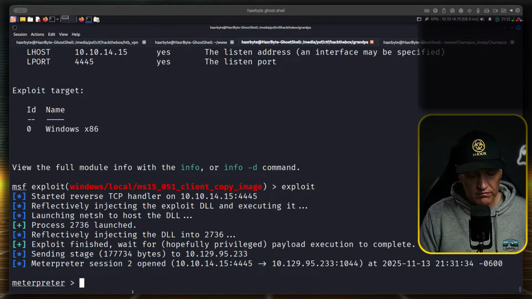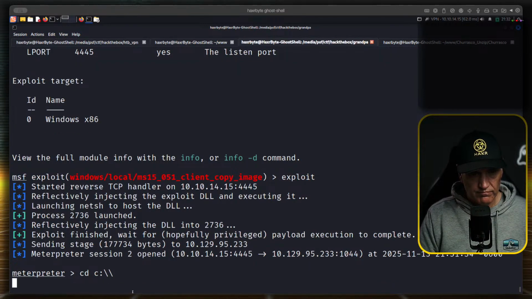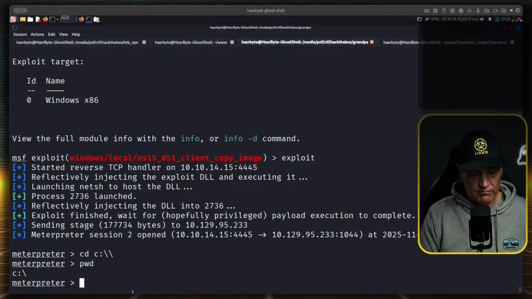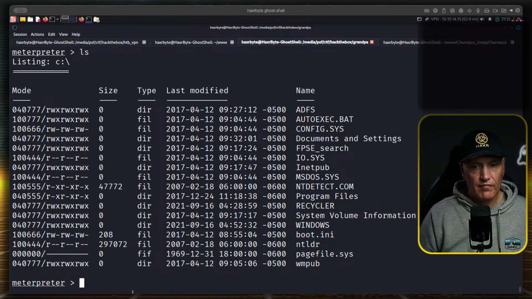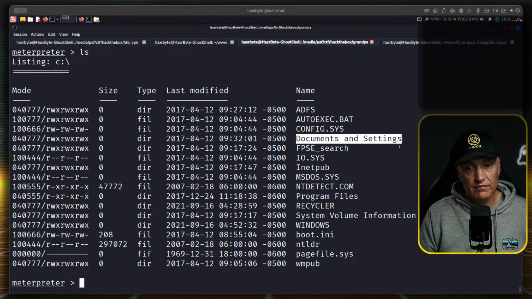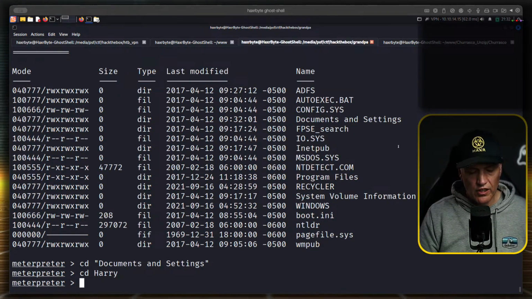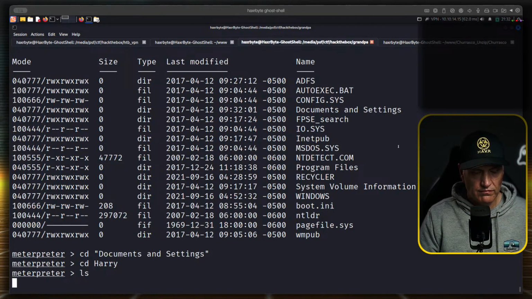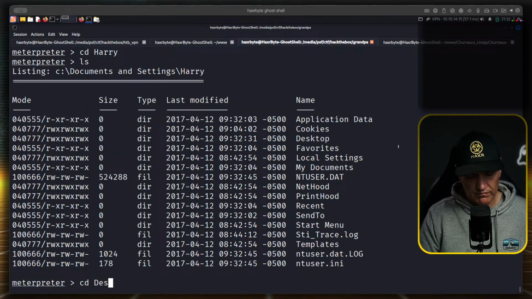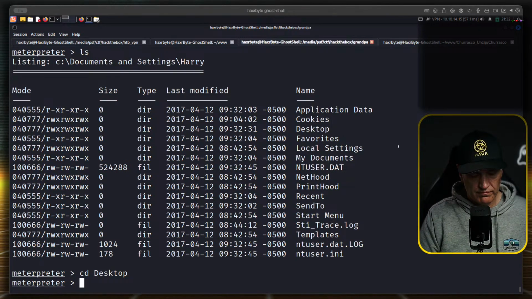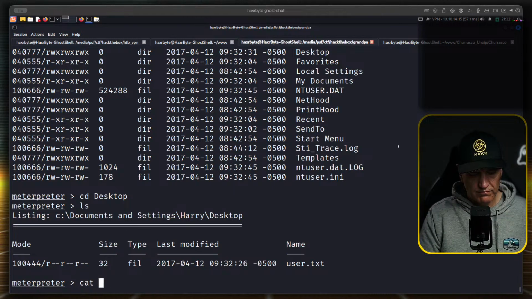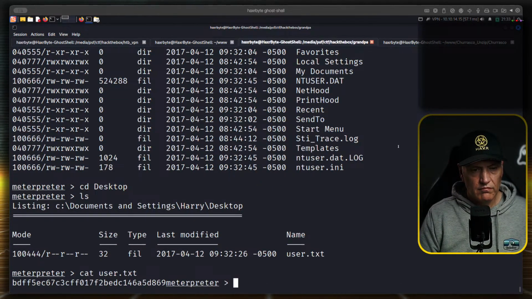So now we can just read the file. Yes! And we have the user flag.